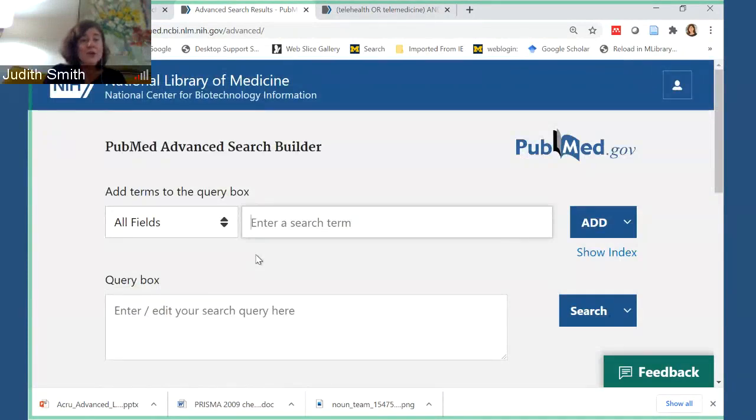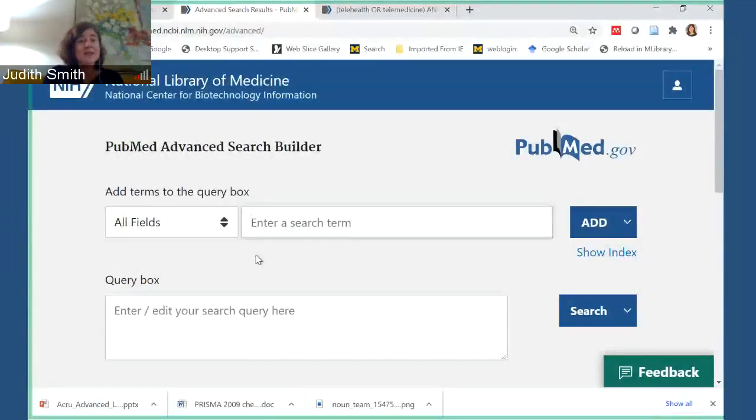And then I'm going to go back to my workspace, the advanced workspace, and I'm going to build the other concept block. So I'm going to say the MeSH term that we saw for disparities was healthcare disparities. I'm going to add that. But again, I want to say PubMed, look in the title and the abstract for disparities or inequity. And that will pick up the different word endings. And I'll add that with OR. And then I search that concept block.